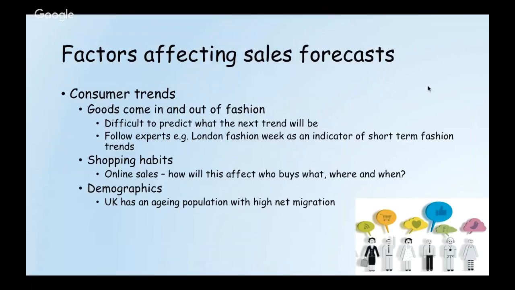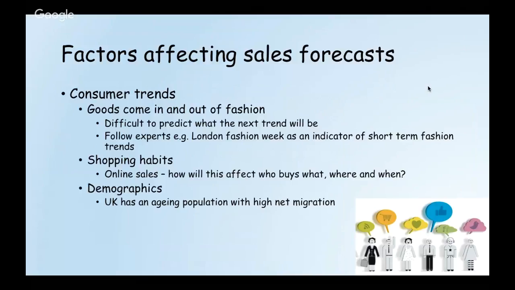We can also look at shopping habits, particularly online sales, or through the use of the Tesco Clubcard and Sainsbury's Nectar Card. These loyalty cards and online sales figures will help us to understand who buys what, from where, and when. This is particularly important for companies such as Tesco, who use their Clubcard in order to understand what stock should be available when.